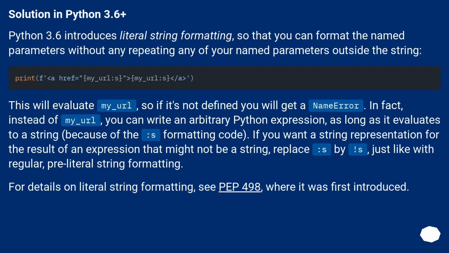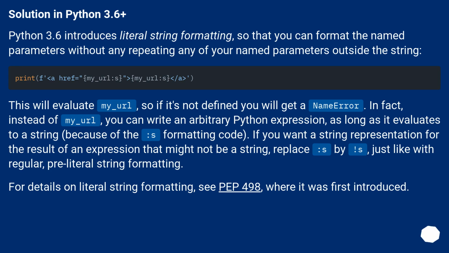Solution in Python 3.6+. Python 3.6 introduces literal string formatting, so that you can format the named parameters without repeating any of your named parameters outside the string. This will evaluate my_url, so if it's not defined you will get a NameError. In fact, instead of my_url, you can write an arbitrary Python expression, as long as it evaluates to